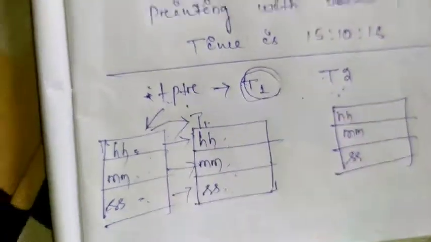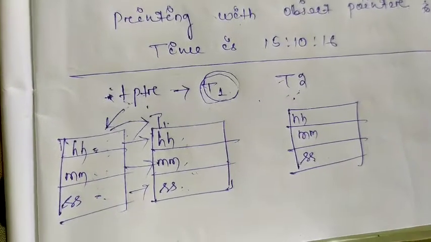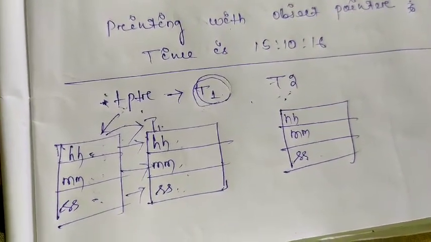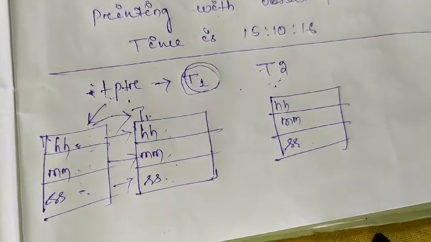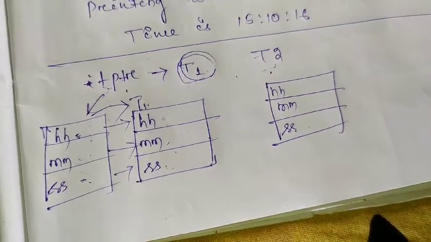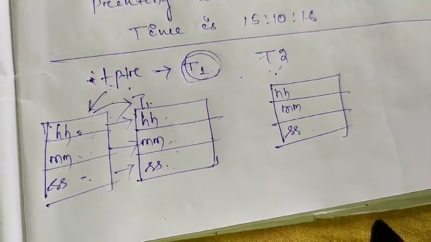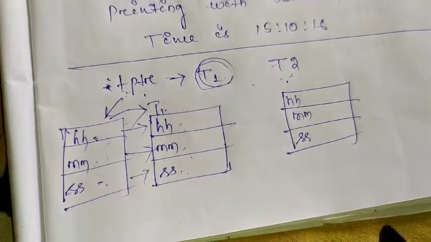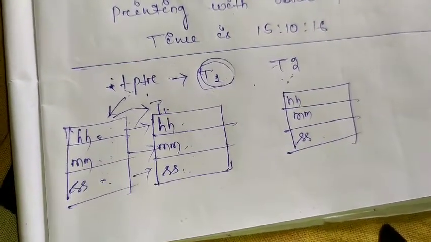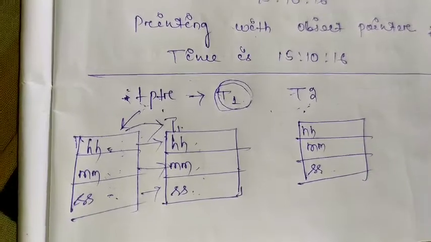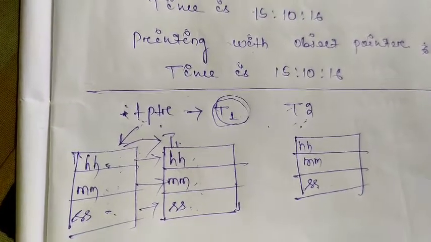So don't be confused between the object pointer, the object and other objects. The address which the object pointer stores will be an alias for that object only, not for all objects of that class. You must be clear about these things. Actually, pointer variables are very confusing, so you have to study this carefully. Okay, this is all about pointer to object. Thank you.